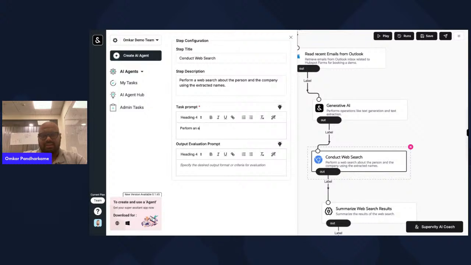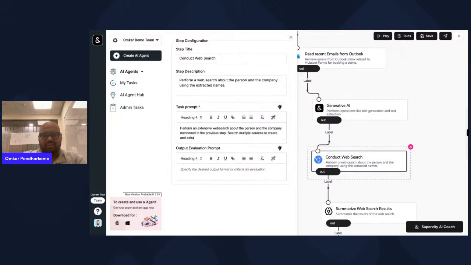Perform an extensive web search about the person and the company mentioned in the previous step. Search multiple sources to create an exhaustive and comprehensive summary, right?